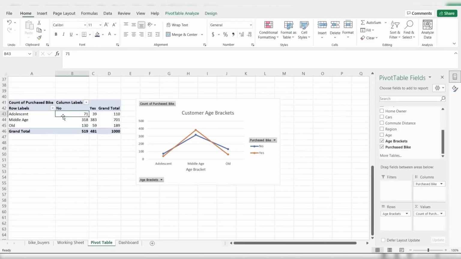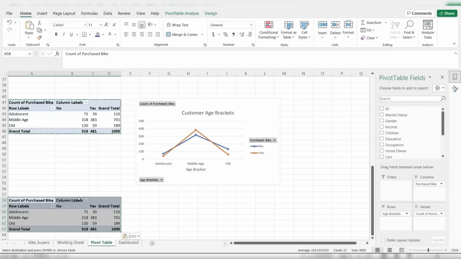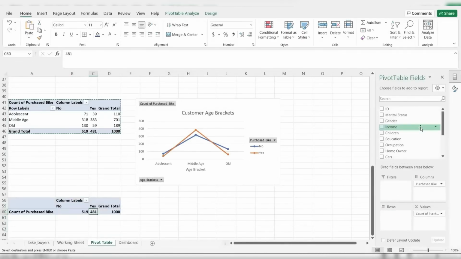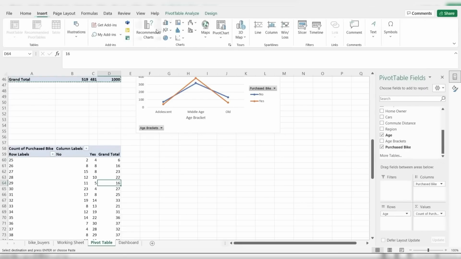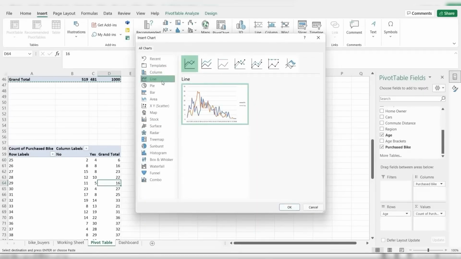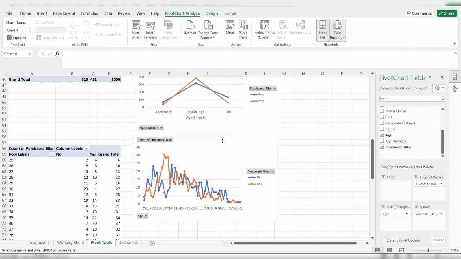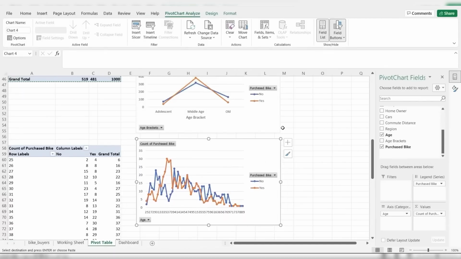For comparison, let me see if I can copy or use this real quick. Instead of the age brackets, I'm going to get rid of this and use the age. And then let's insert a recommendation. We'll use a line and we'll use this. So this compared to this,